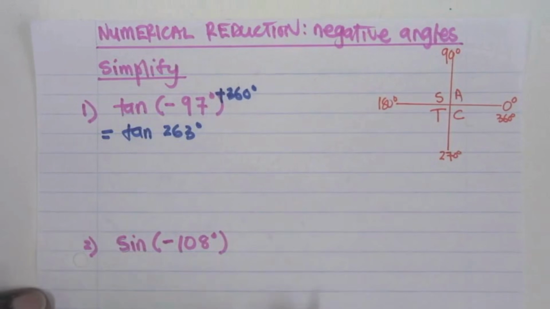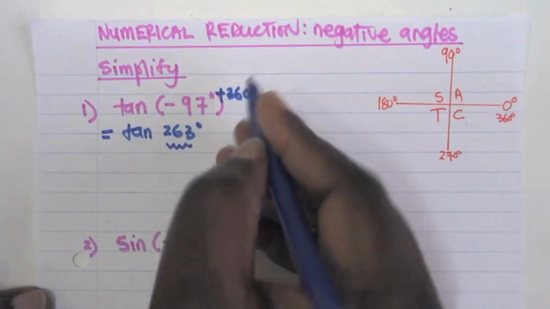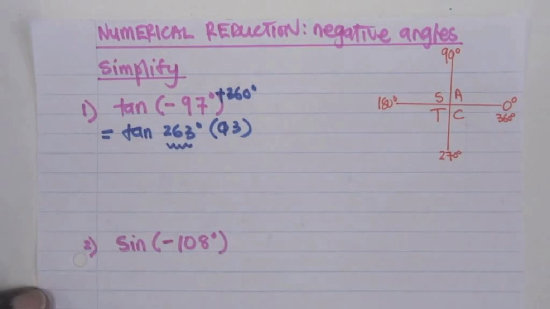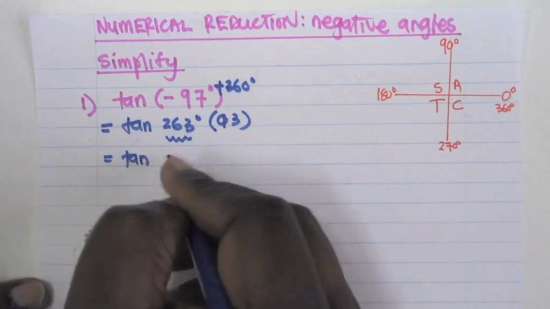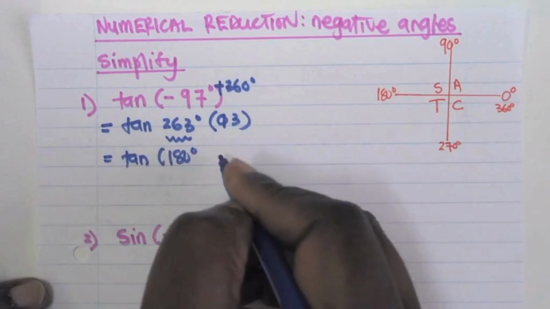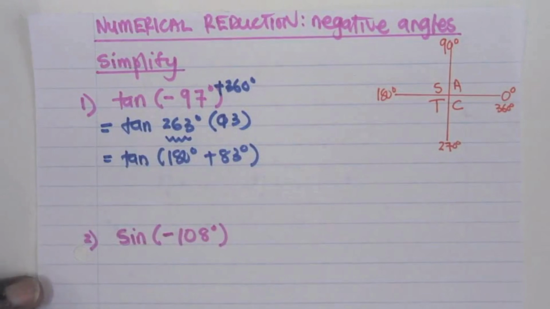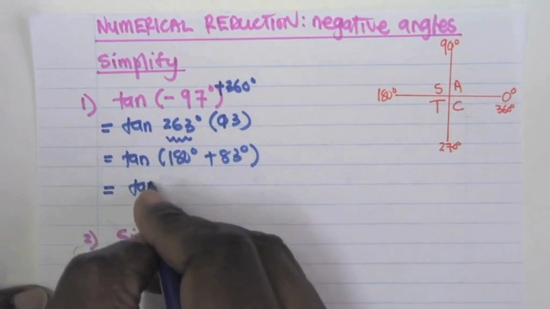And if I look at the angle that I have now, I can see that this angle is in the third quadrant. And in the third quadrant, I can rewrite it as, but in the third quadrant, tan is positive. So my final answer is going to be,